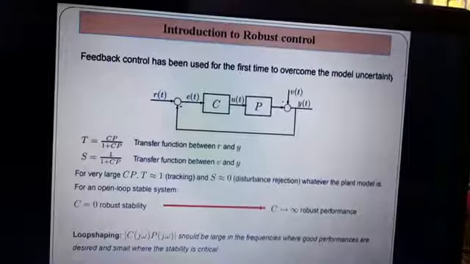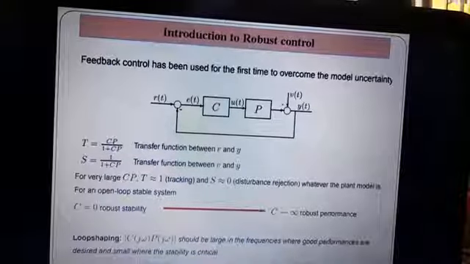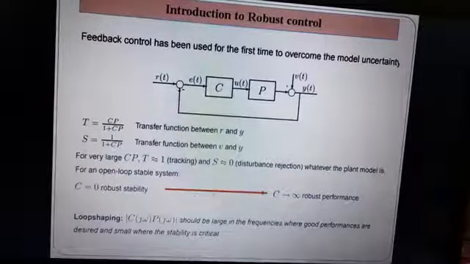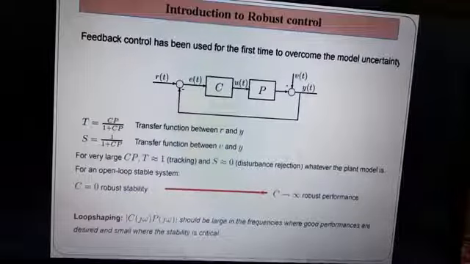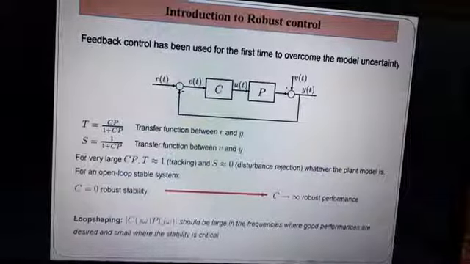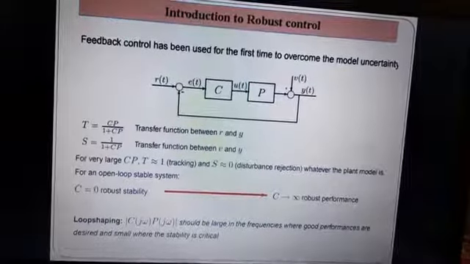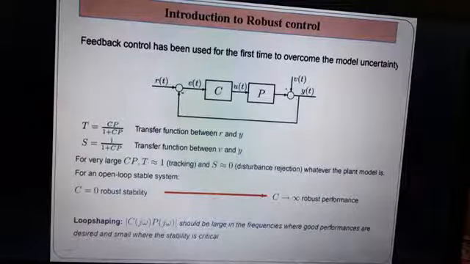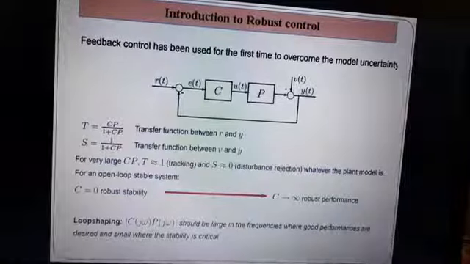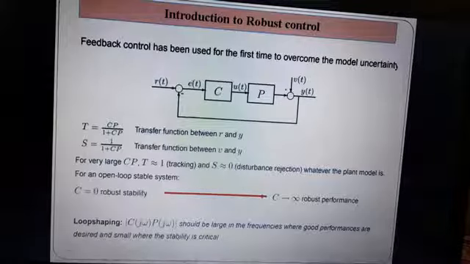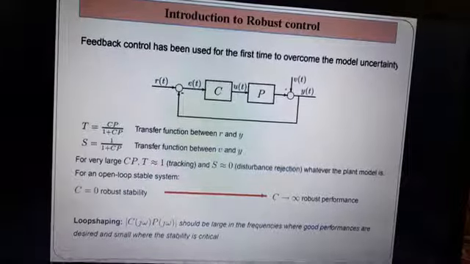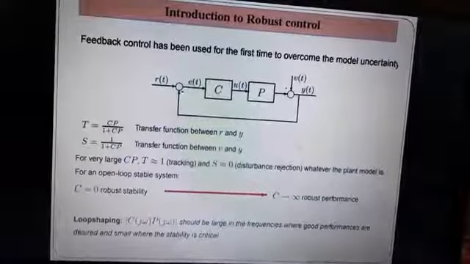So what are those? Before we start with the robustness property, let's explain this closed loop block diagram. This is a very general negative feedback control loop, where r(t) is the input, y(t) is the output of the system, C is the controller transfer function block, and P is the plant transfer function block, right? After the plant block, we can see there is a summer point where v(t) has been added. So v(t) is the disturbance signal here.